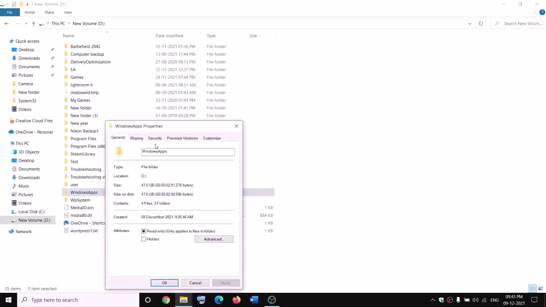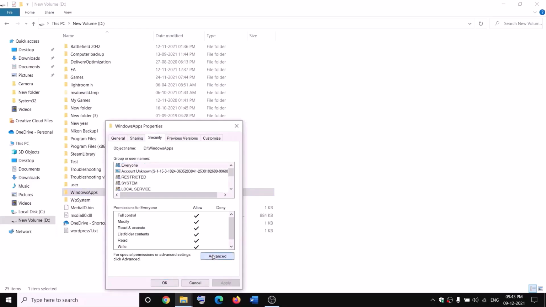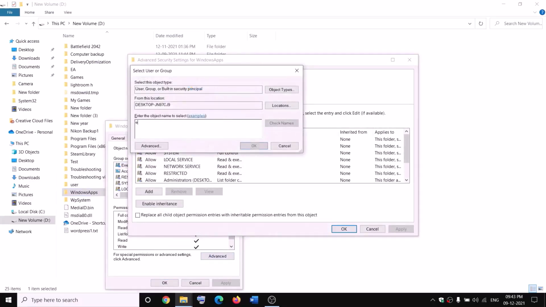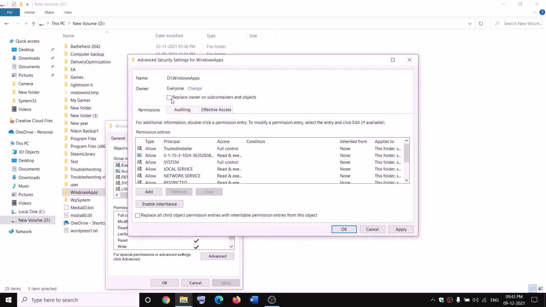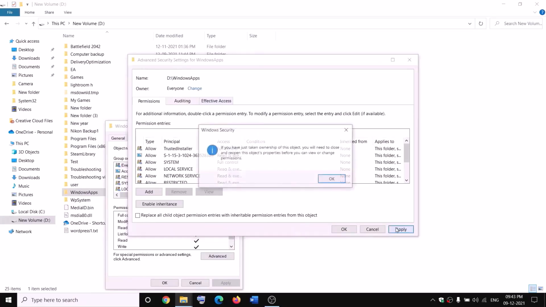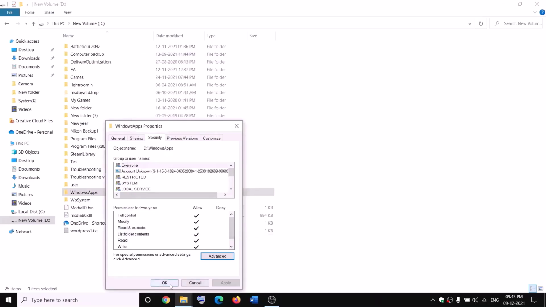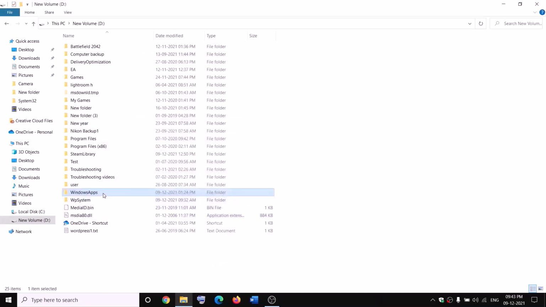properties, go to security tab, advanced. Now click on change over here, type in everyone in the box. Now click on check names, then click on OK. Now put a check on the box which says replace owner on subcontainers and objects and then click on apply. OK, OK, again OK, again make a right click on WindowsApps,